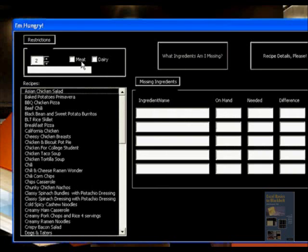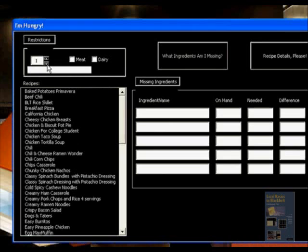The next is meat and dairy. We are wholeheartedly aware that people have different dietary restrictions, and we want to give people the option to include or exclude both meat and dairy from their recipes. And then up here you'll see that we've got what ingredients am I missing, and that, like I said earlier, will populate these fields. The next one is the recipe details field, which will show us, of course, the recipe details. For the purpose of this exercise, let's just say that we want to miss 1 ingredient, and